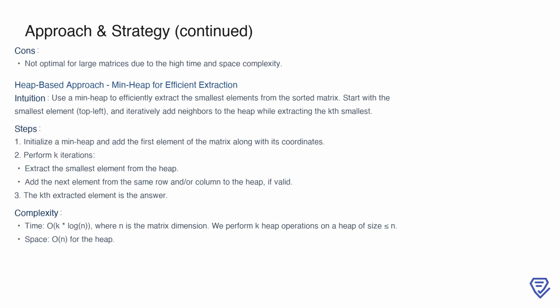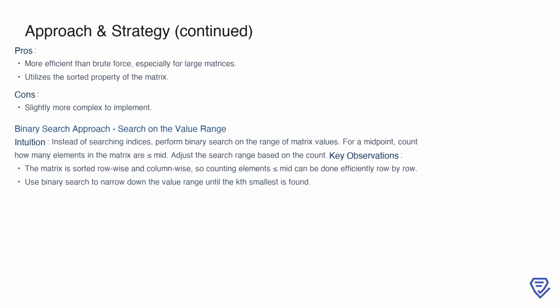The space complexity is n, as the heap stores at most one row or column at a time. This method is better suited for larger inputs and makes good use of the matrix's sorted structure. The heap-based approach offers significant improvements in efficiency, especially for larger matrices, and it effectively utilizes the sorted structure of the input. However, it is slightly more complex to implement due to the need for careful management of heap operations